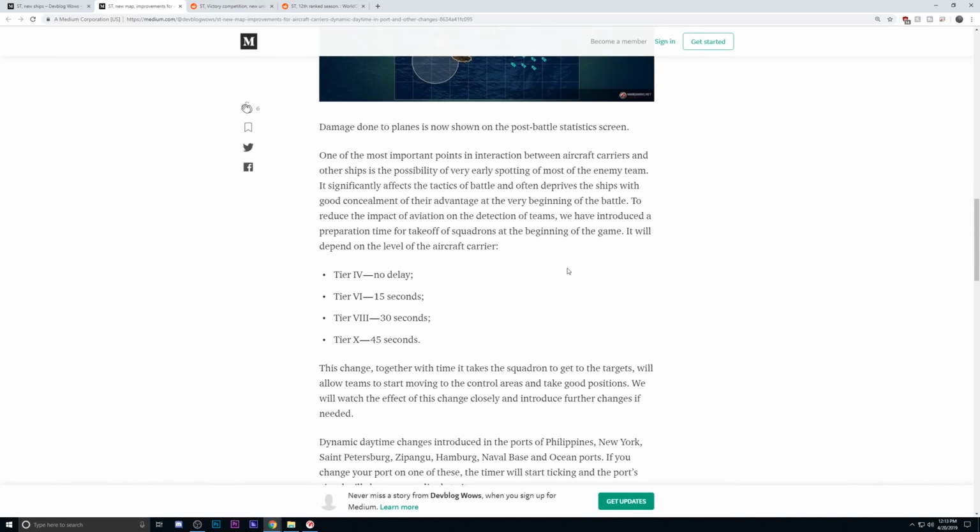They're going to be introducing an important interaction for the aircraft carrier. This is related to spotting. Now, currently, when you load into a match as a carrier, you can instantly scramble whatever squadron you want. That will not be the case in the next patch, whenever this goes live. So there's no delay for tier 4 carriers. They're going to be introducing a 15-second delay before you